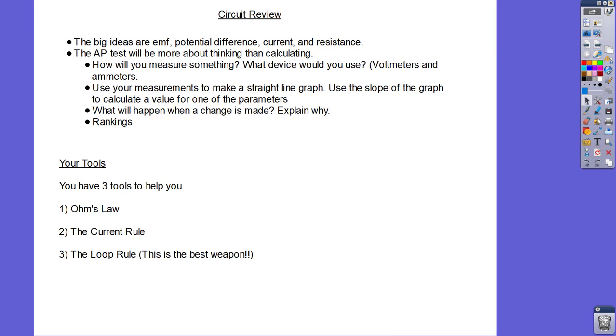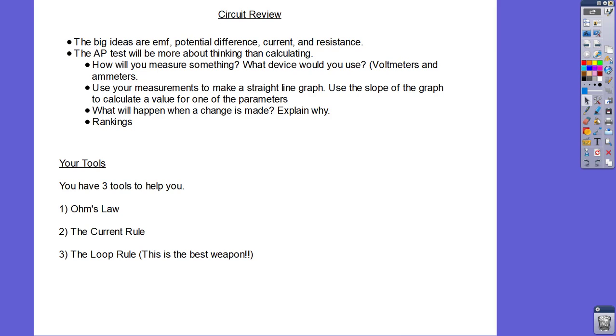Hey everyone, I'd like to do a quick review of some important circuit things getting ready for the AP test. So when it comes to circuits, there are the big ideas of EMF and potential difference and current and resistance, and you should all be familiar with those. I'm not trying to go over all the basics,